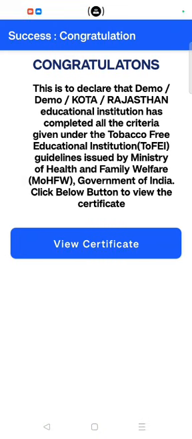Once you have done all 9 indicators assessment in a respective education institution, then click on next button. So it automatically calculates the score. If score is greater than or equal to 90, then congratulations message screen is shown. In this message, it is declared that your school name, block, district, state education institution has completed all the criteria given under the tobacco free education institution TOFI guidelines issued by MOH Government of India. Then you can click view certificate button,